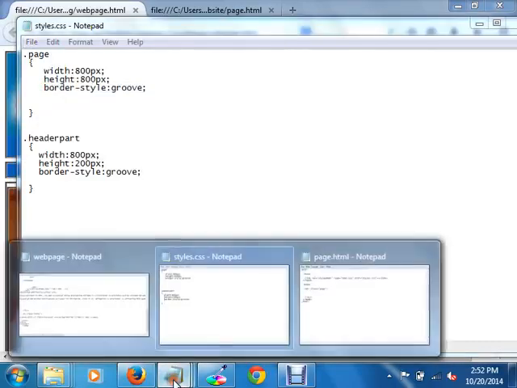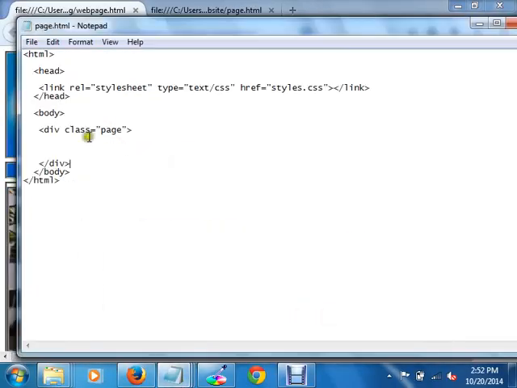Now we have to use the CSS in the HTML. Now that header part is inside the page only. So you have to include that only inside the page divisions. Div class equals to sidebar.